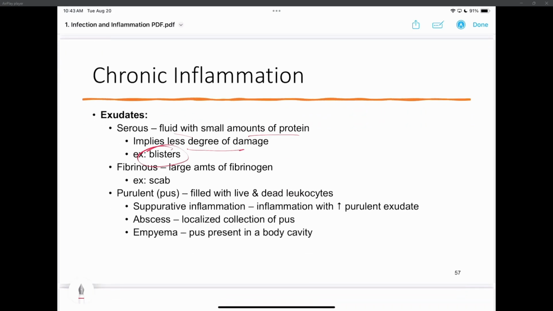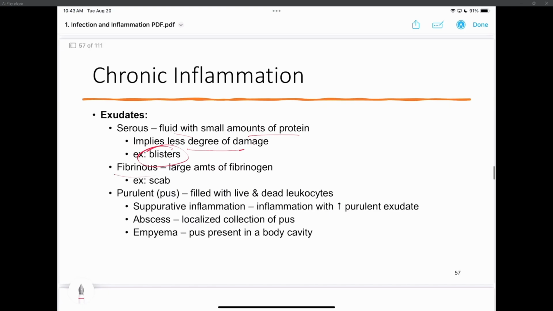Okay, you wear brand new shoes, they hit your ankle in a wrong spot that you're not used to, chronic inflammation from walking all day, and you get a blister formed. Basically, the two layers of your skin rubbed so much they came apart. The dermis and epidermis spread apart, and fluid fills that area, which causes a blister. Yeah. So even though there is a small amount of protein, it's because it's localized? It's because it's less degree of damage that the protein part is small.